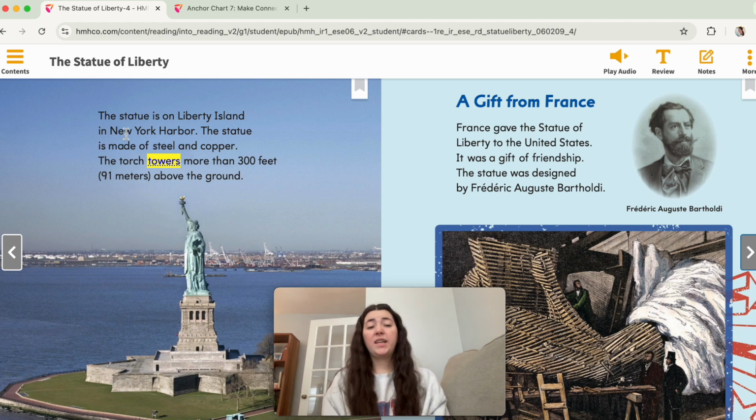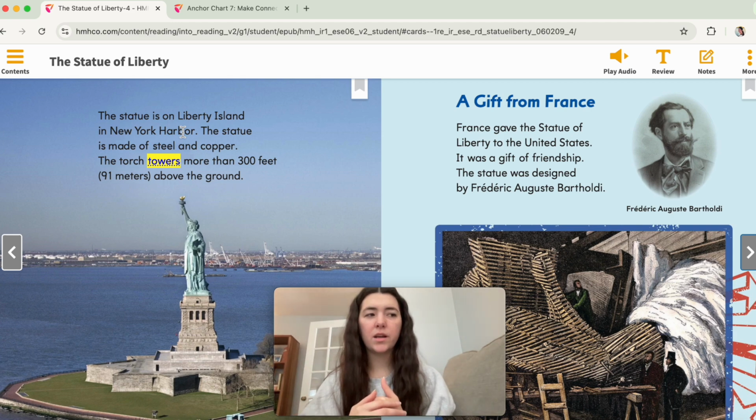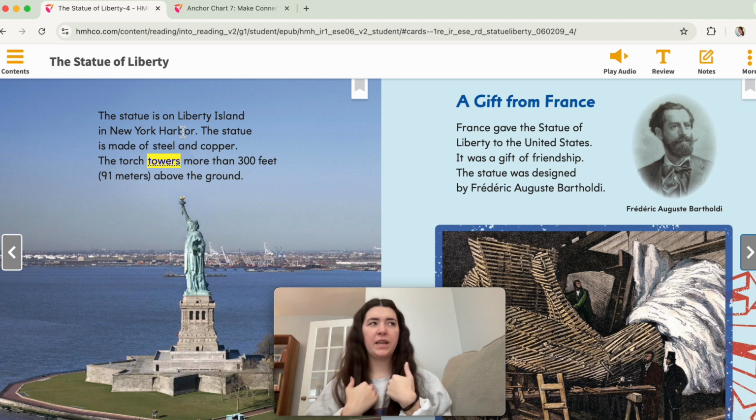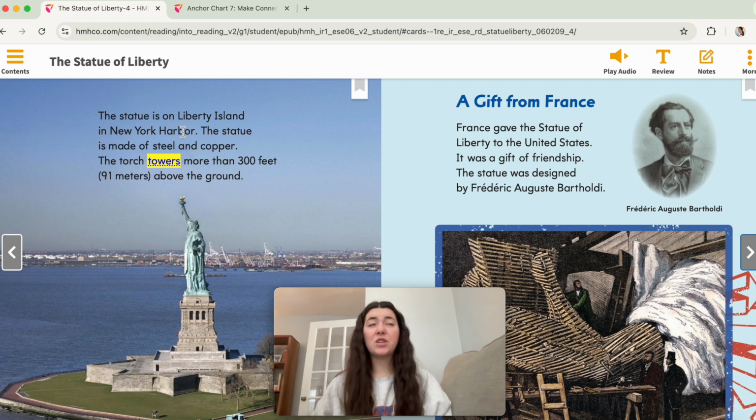So I noticed in here that this says New York Harbor is where the Statue of Liberty is. Where's New York? That sounds familiar to me. I think I just made a connection from text to world. Our state is New York. Does that mean we live in the same state as the Statue of Liberty? It does! We are in the same exact state as the Statue of Liberty. Now, it's very far away from us. It's a lot of hours to drive there to see it, but we live in the same state as the